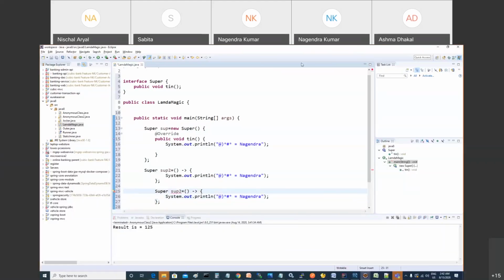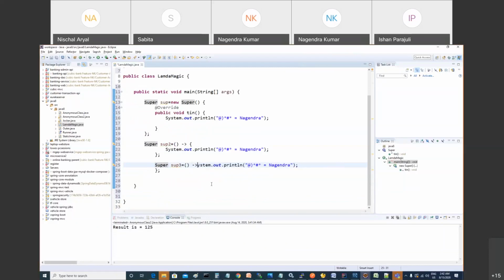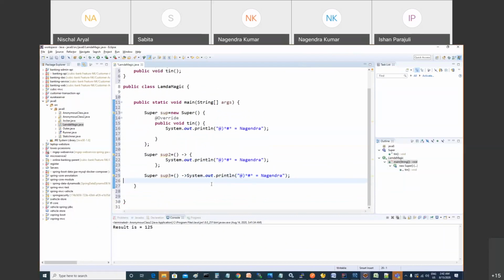Is remove the curly braces. Here, if we have only one method definition, and in the method definition we have only one statement, so we can delete this curly bracket also. Oh, that's cool. And I told you yesterday, it becomes very weird when you are passing it to the method